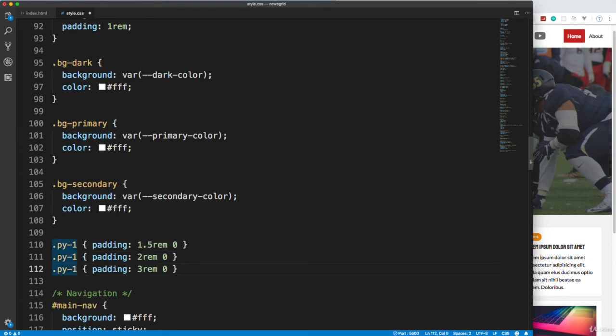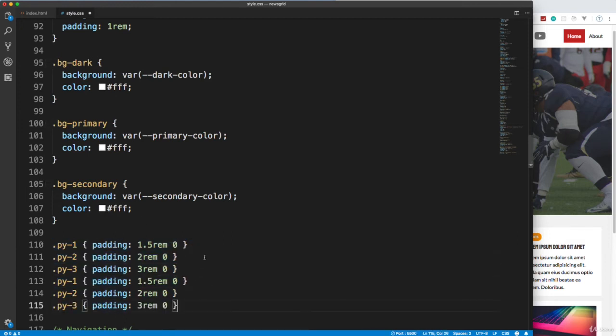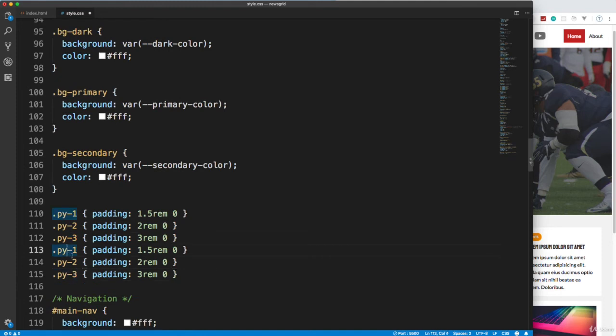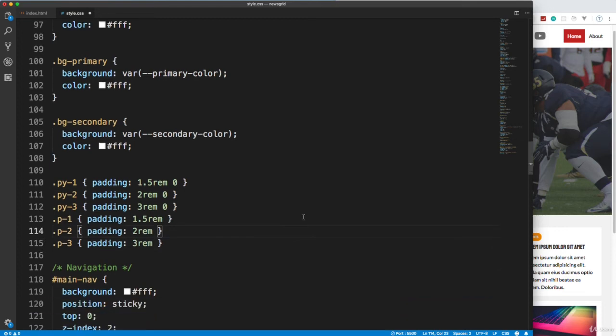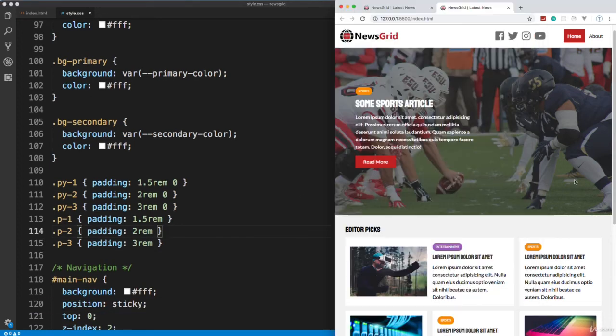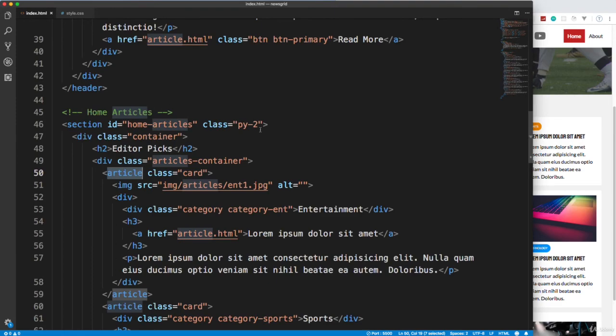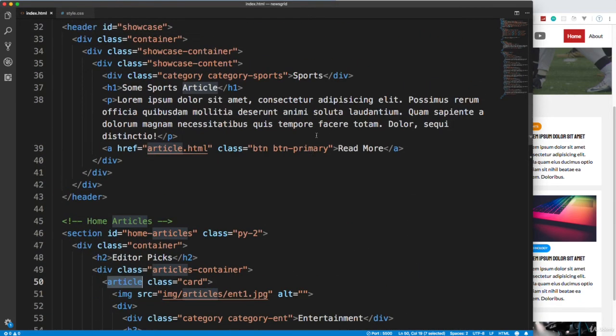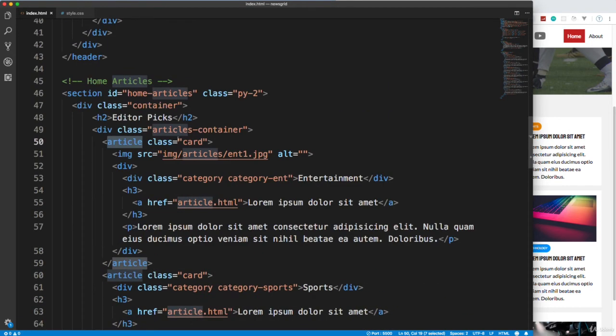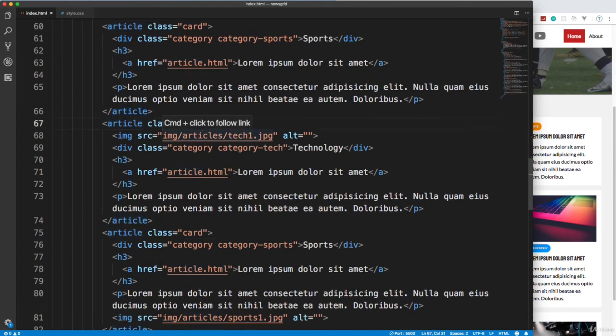And we'll change these to 2 and 3, and then I'm going to copy this, and we also want padding classes for all around, which will be P1, P2, and P3, and then we'll just take the y away, which will make it padding all the way around. Okay, so those are our padding classes. So let's save that. Now we haven't added the BG color yet. You can see the padding is now there, but let's add our BG color classes, or backgrounds. So let's see, we have the first one, which is right here. The second one, I'm going to give a class of bg-dark, save it,